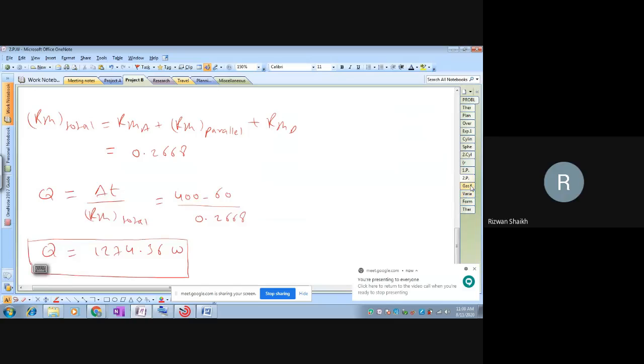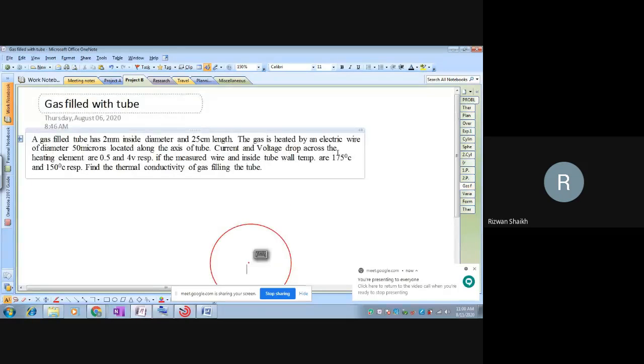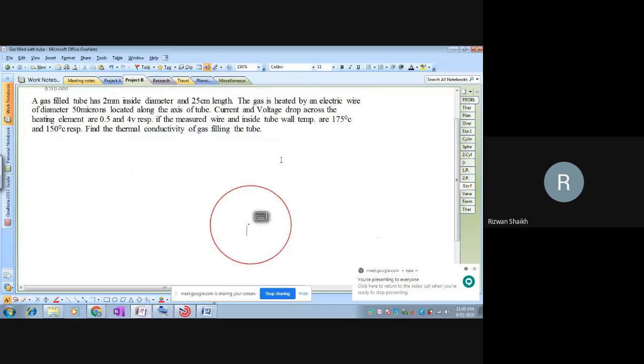Okay, we can get to the next problem of this. I'll just read the problem. It's a very simple problem. Only the people get confused, because instead of considering thermal conductive resistance, they consider thermal convective resistance. Why? Because see, what is the problem?